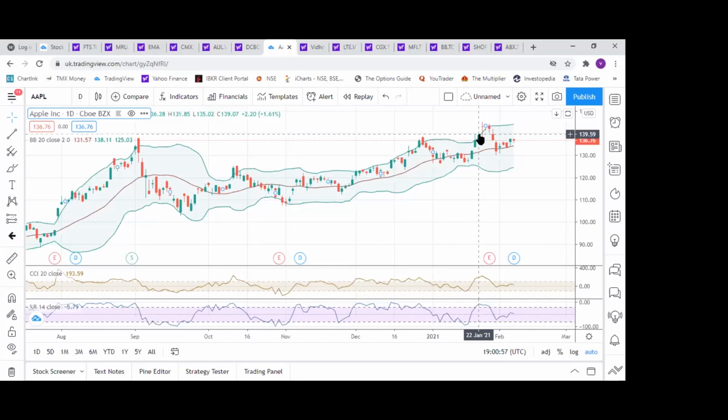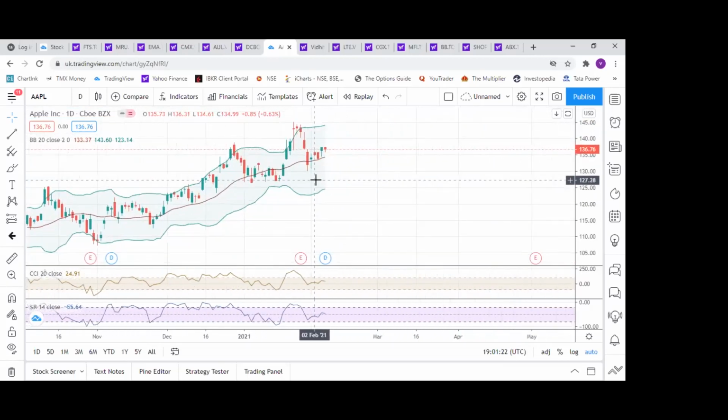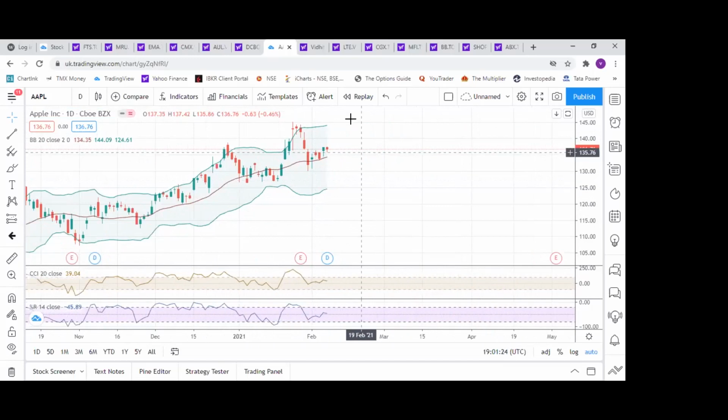Correct. On 22nd January, I told you, get ready, I'm going to fall down. On 25th January, CCI went to 226 because it was a gap up opening, but the candlestick is different, and Williams R is at minus 11, and thereafter it starts falling. Now look at the gap up opening candle. I wish I could expand this. Can I zoom it in? You look at this candle.